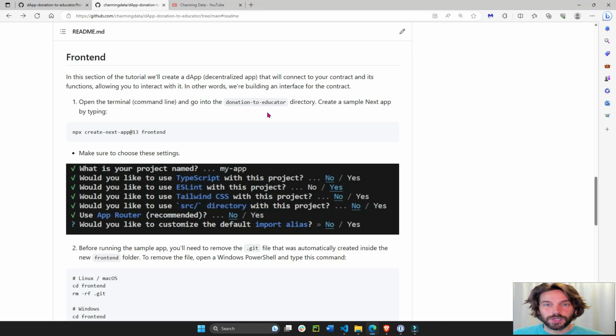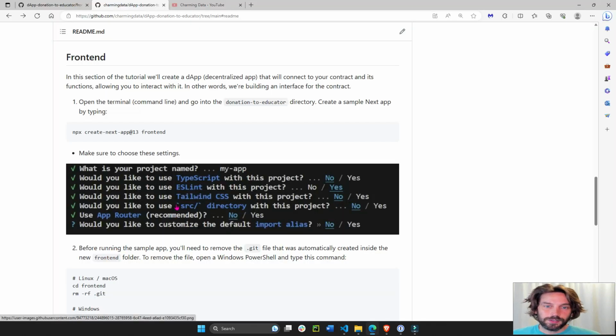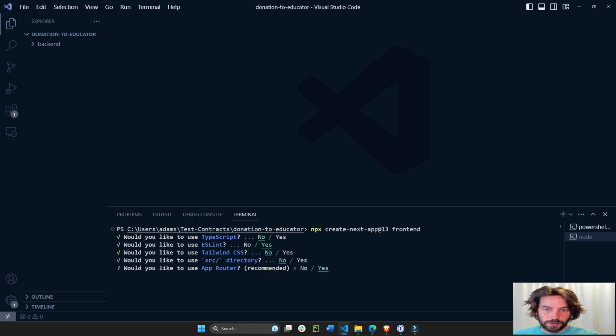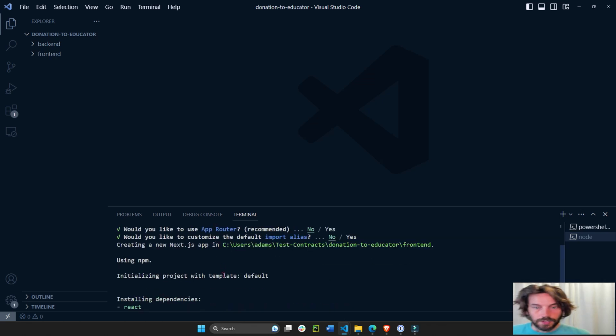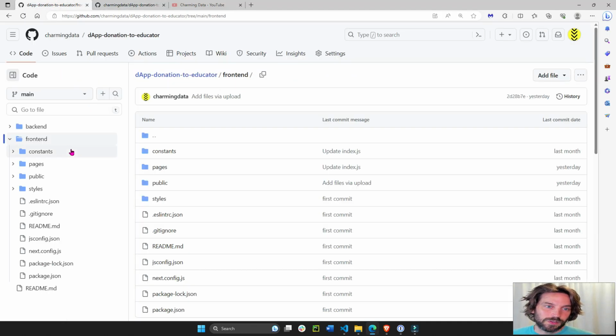And the first thing we want to do is create a sample Next app by typing this. I'm going to type this, and we should follow these instructions. Everything here should be no, except for ESLint. We'll use that. That's fine. So no, not TypeScript. ESLint yes. No Tailwind. No source directory. No app router, and no default alias. All right, so now it's creating the project, which is going to create most of these folders right here in